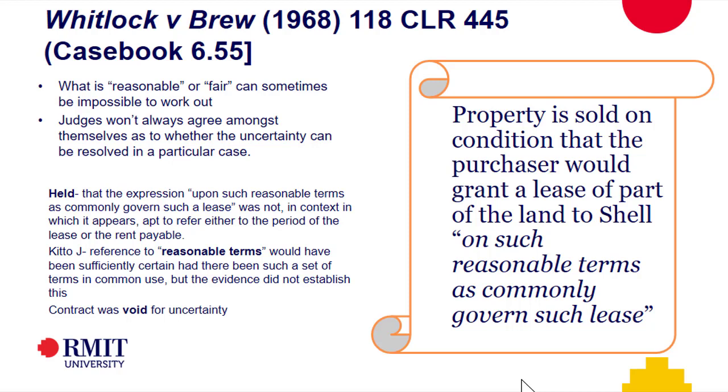SJ? I'm just wondering, in that I work in the legal department with perpetual companies, this is quite interesting, but say you had a similar situation, but not 1968, a more modern case, and the contracting parties, with exactly the same words, do business with each other quite frequently. Okay, so contracting parties who do business with each other quite frequently, we have then got a situation where we can work out what's reasonable, even if there's no reference to the rent or whatever. Quite possibly. Again, every case you need to look at on its merits.